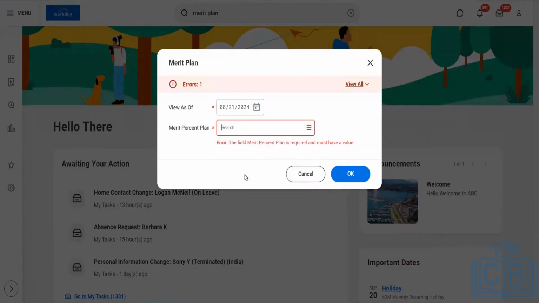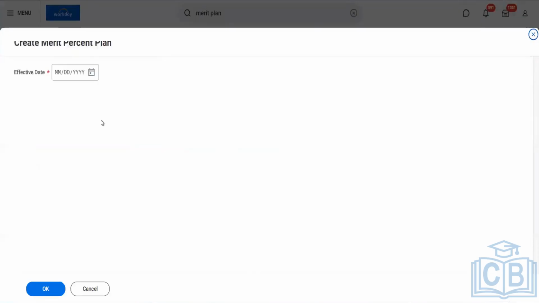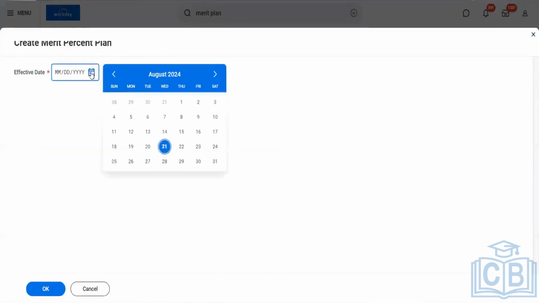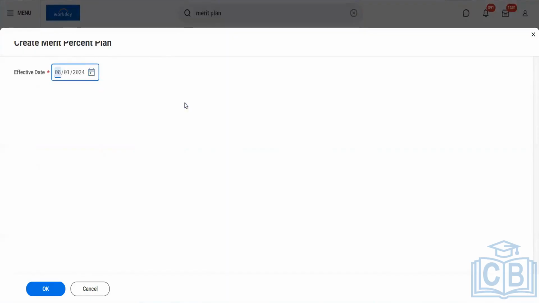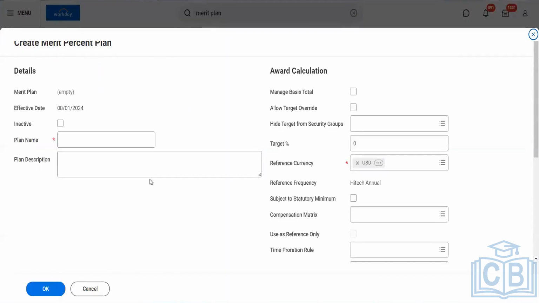Talking about the plan, I will define some random effective date. Till now, we have discussed different plans.